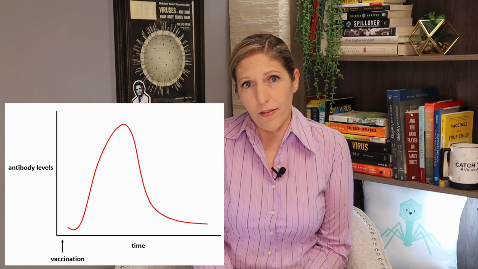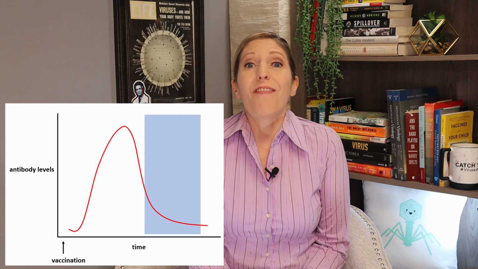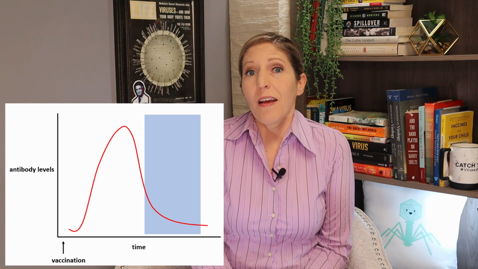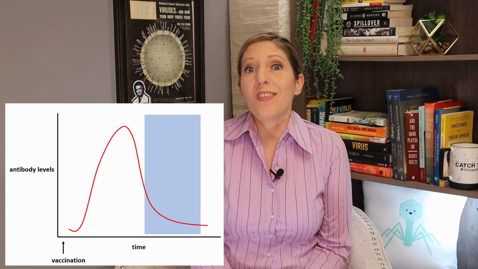Well, it is likely that when there aren't a lot of antibodies around, circulating constantly, that the virus may have a chance to infect some cells, replicate, make more copies of itself, exit the cells, and infect other people. Even if that person never actually gets sick, because in the meantime, the memory B cells came in and made more antibodies, and the memory T cells killed the virus-infected cells.